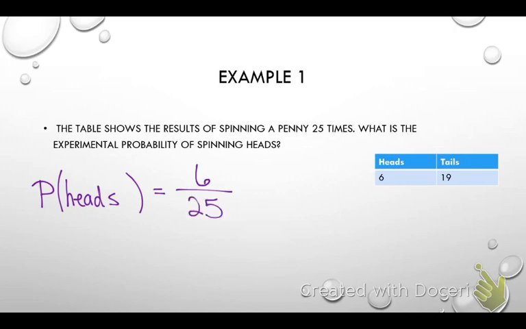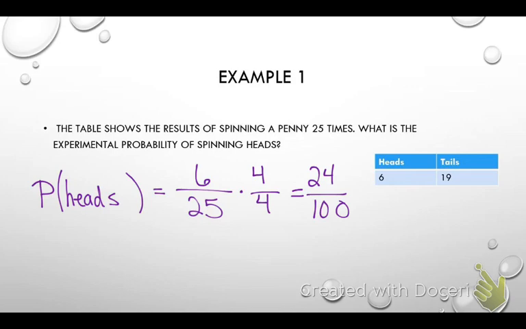Before we jump straight to our calculator to calculate the percentage, is there a way that we can do this without using our calculator? Yes. What could I multiply it by? 4. As long as I can get my denominator to 100,